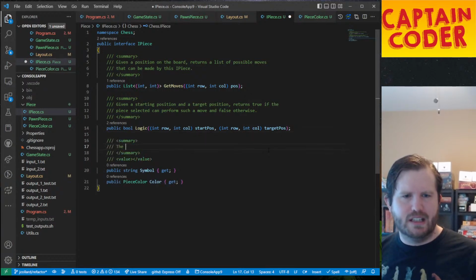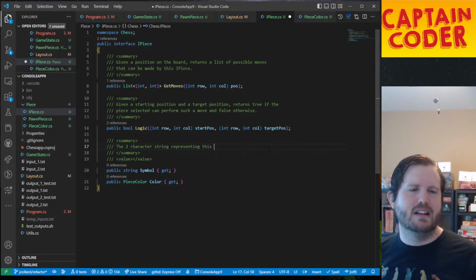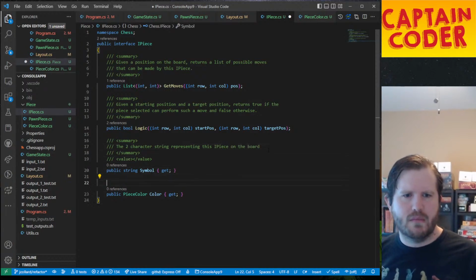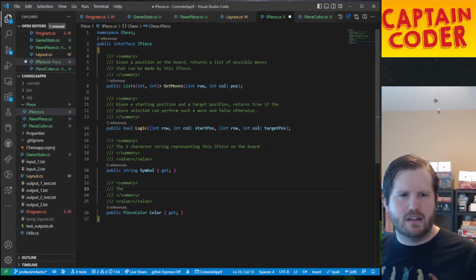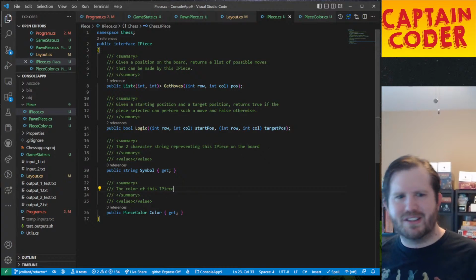So the two-character string representing this piece on the board. The color of this piece. Okay, and I know these comments seem stupid,